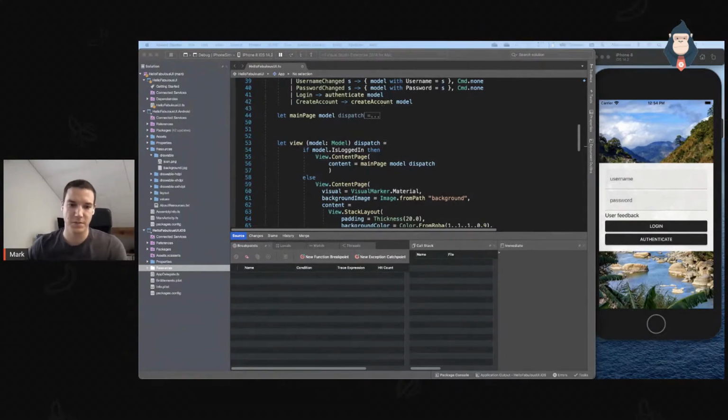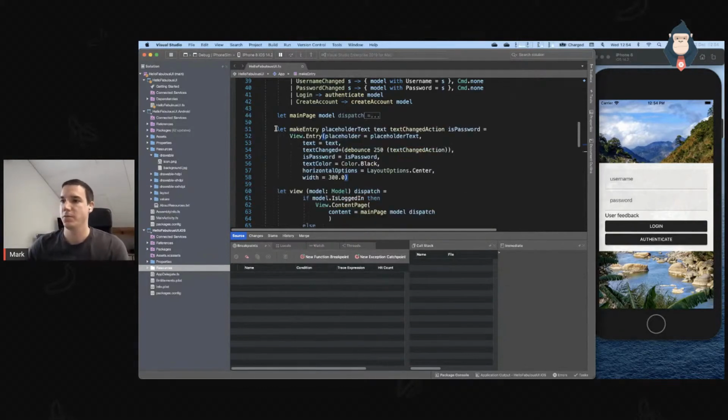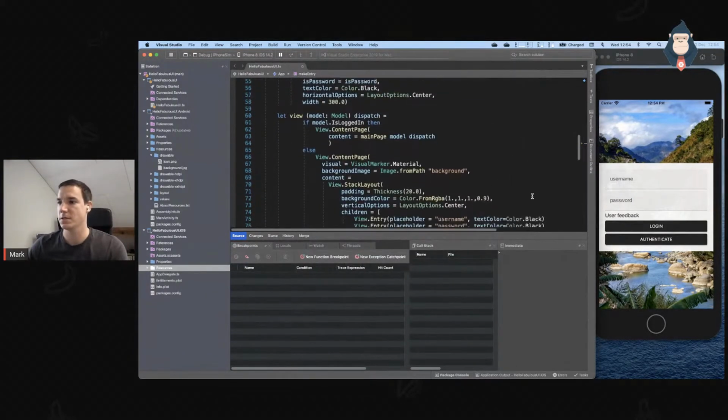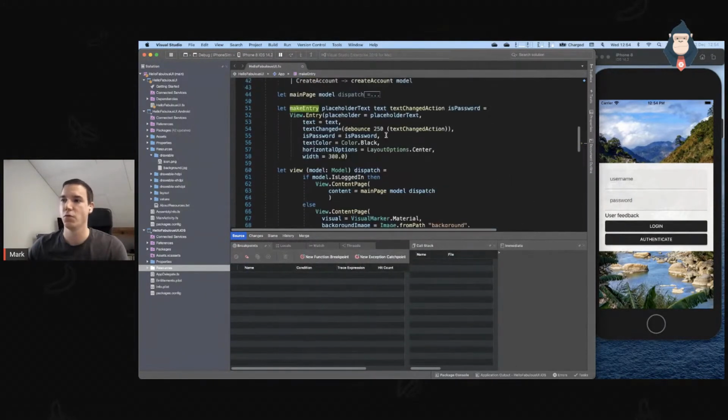I'll just paste them in and then run through the code because the time is ticking. Okay, so what I'm now making here is the view entry. So I'm making the same thing as down here, but I've given it a few more entries. So one thing that we'll paste in is the placeholder text. So this is here, the username, then the text.